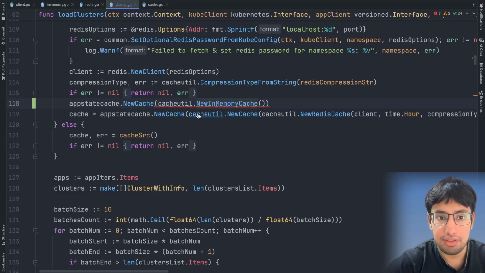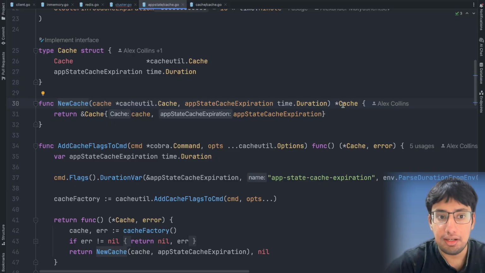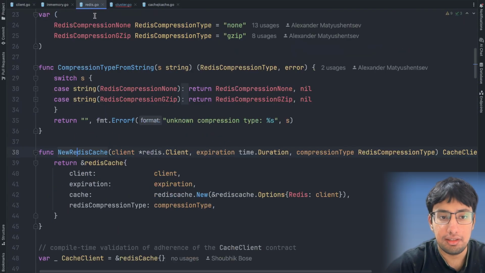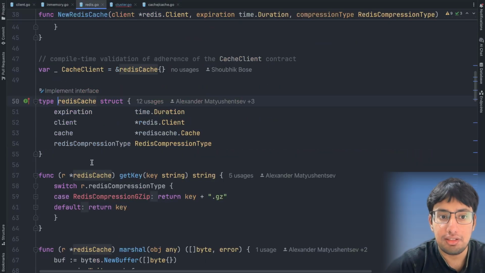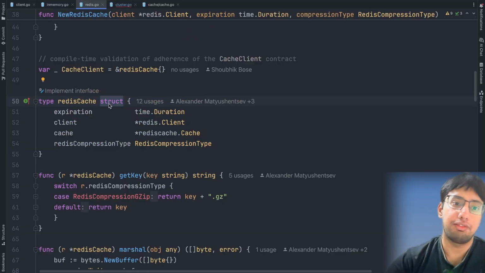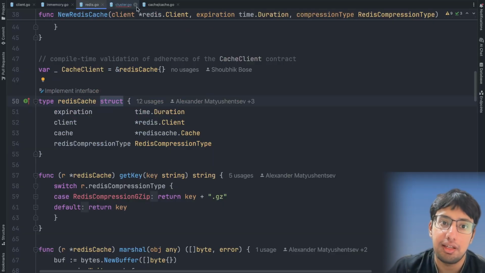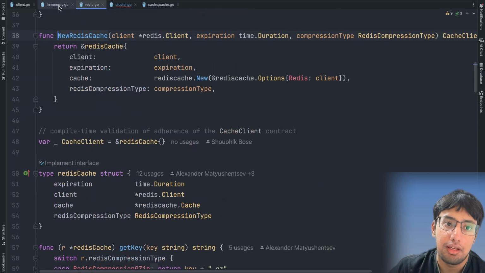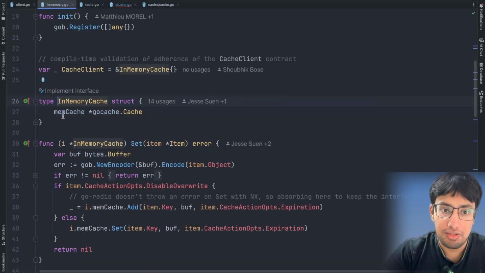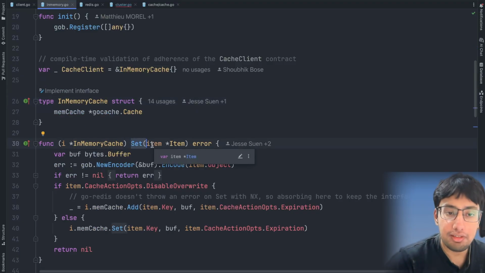Like in this case, if you see new cache, it's returning you not this, but let's say this example. So it's returning you cache client, and it's simply returning you Redis cache. So in this case, Redis cache is of type struct. This is implementing that interface, this type. Similarly, in case of in memory, this is again of type in memory cache. This is returning in memory cache, and if you see, all these are implementing that interface, and this is